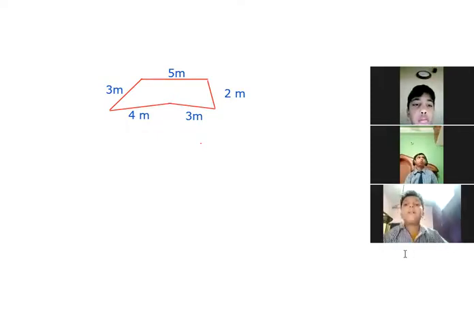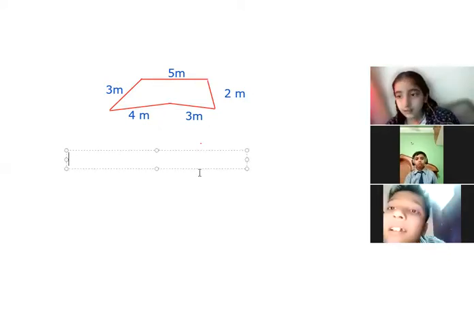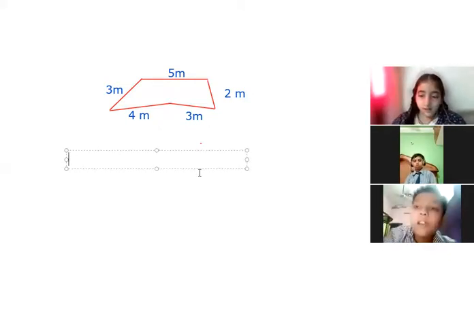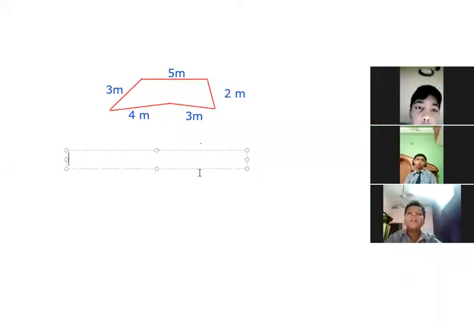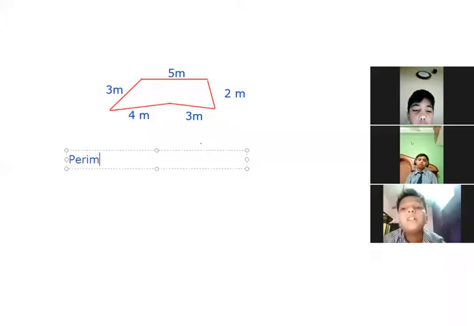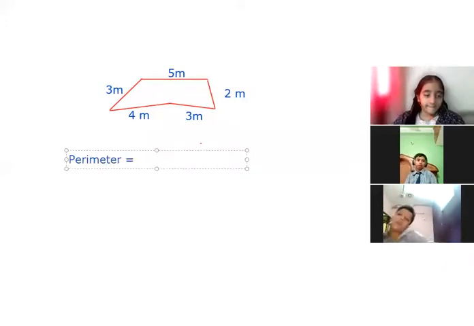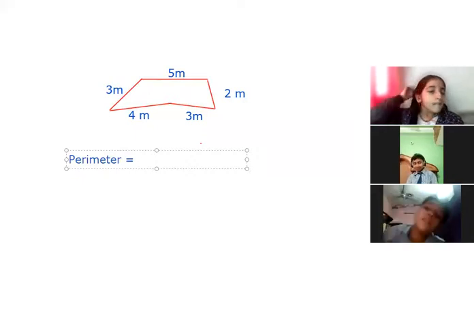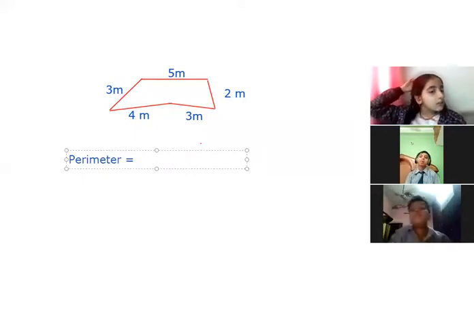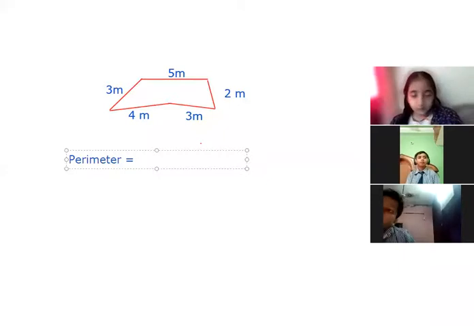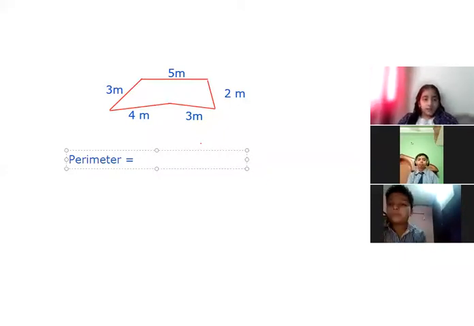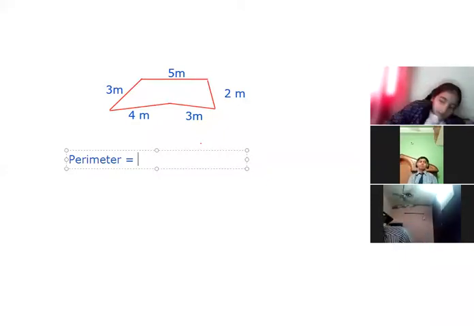Okay, so Arjun, when we are going to find out the perimeter, here no particular shape is given to you. This is an irregular shape. Okay, so here ma'am is going to find out the perimeter. So what simply we are going to do? We are going to add all the sides. Yes or no, Arjun? Yes, ma'am. We are going to add all the sides, and here 5 sides are given.